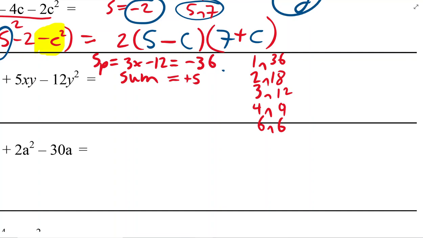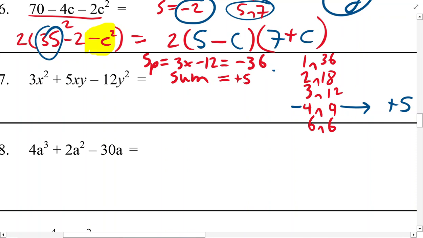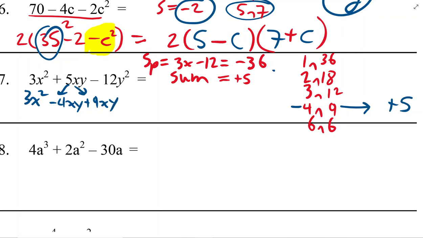Now, which combination is going to give you plus 5? This one, 4 and 9. But what has to be negative in order for you to get the plus 5? Your 4 must be negative. Okay. So we're going to factor now with minus 4 and 9. So 3x squared breaks apart into minus 4xy plus 9xy